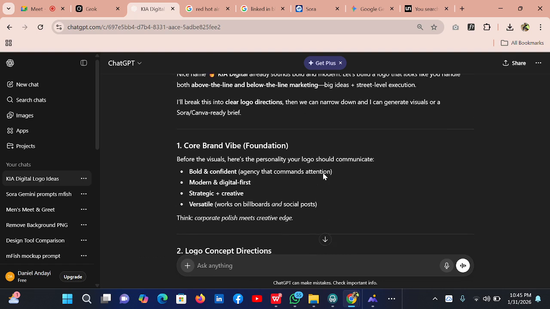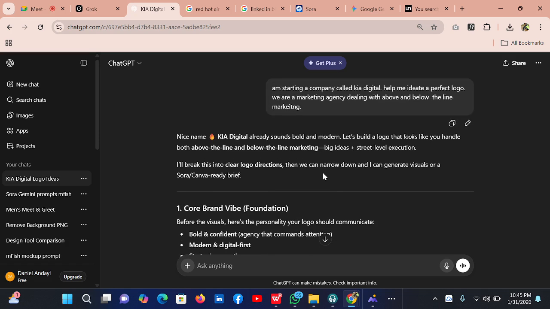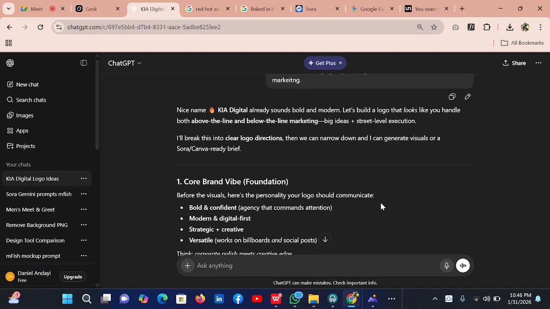That is typically what we call ideation. Maybe you have an idea, but you want AI to help you make it better. ChatGPT, Grok, Claude, DeepSeek, all those can help you come up with ideas.